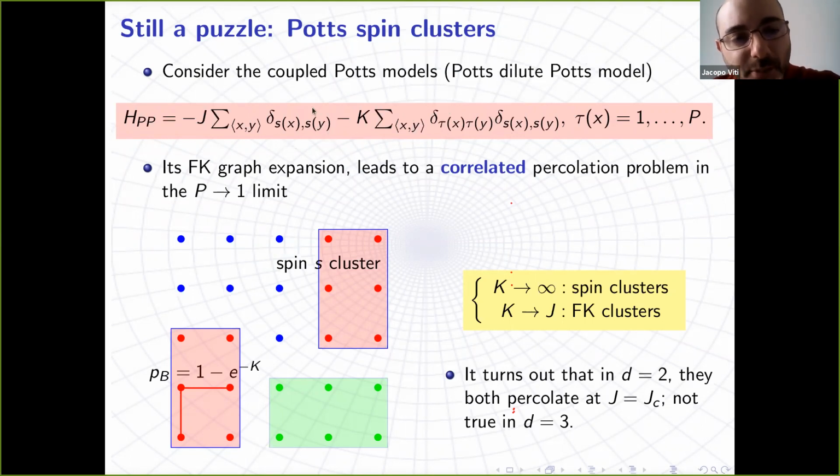So basically you see here a Potts interaction between two Potts variables, where the values of S go from 1 to Q, and the values of tau go from 1 to P. Now if you perform the FK graphical expansion of the partition function associated to this Hamiltonian,